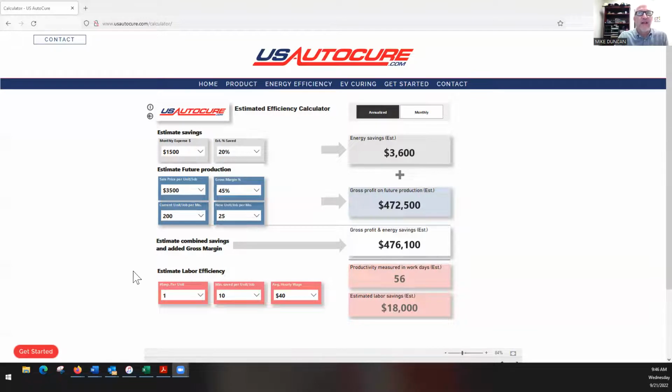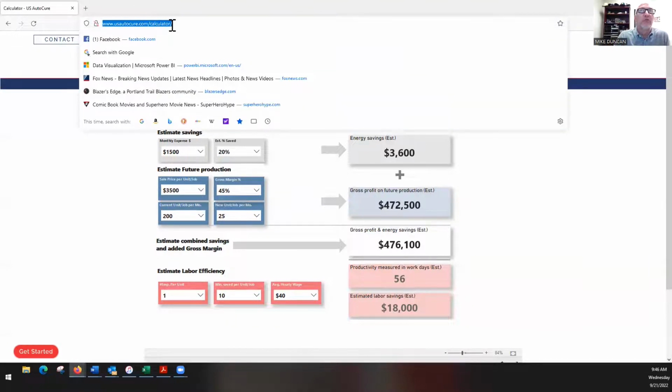The other area where we do focus in is on labor efficiency. We'll talk a little bit about what this means in terms of both hours and dollars and some of the flexibility that it gives shops. With that in mind, let's run through this so that I can keep this demo relatively brief. Anytime you need to find this, you'll go to